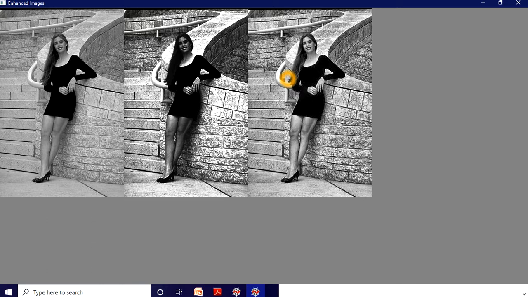Well guys, I hope this concept about CLAHE and the problems with histogram equalization and adaptive histogram equalization is clear to you, and the comparative analysis between histogram equalization and CLAHE is also clear to you. So that's all for today's class. If any problem or any doubt still occurs, then do comment. I will be happy to clear your doubt.